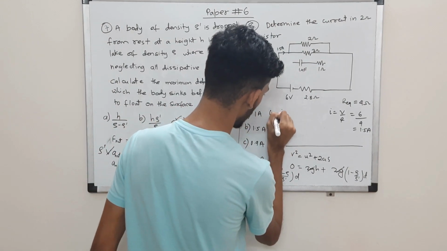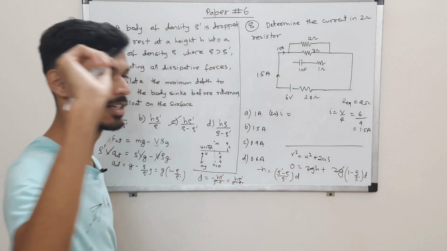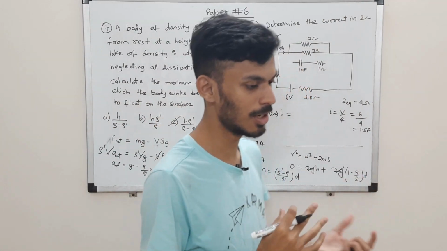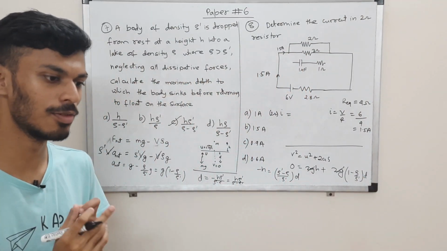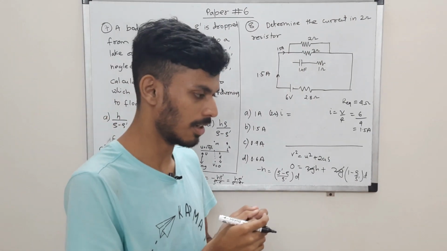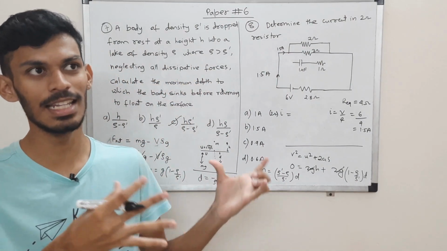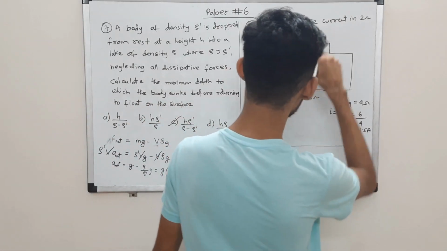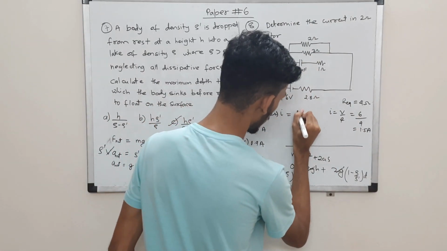The current in the 2 ohm resistor, if you remember the capacitor, there we found the voltage. Right here, current is inversely proportional to resistance. So more current will flow in that resistor which has less resistance. So here I in the 2 ohm resistor will be